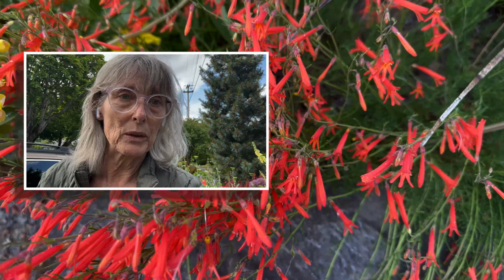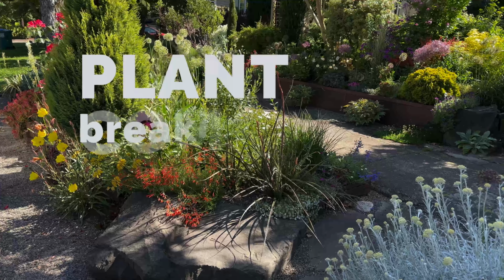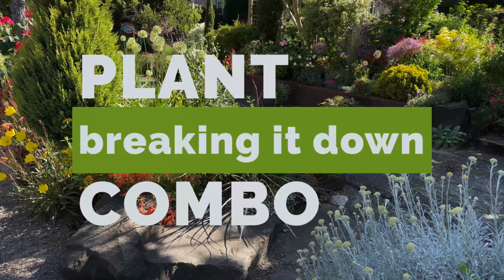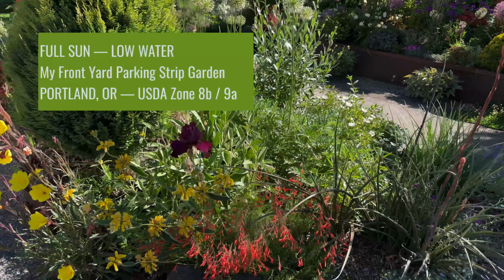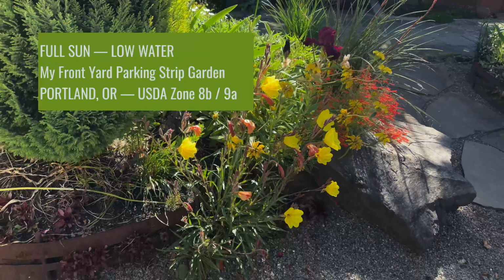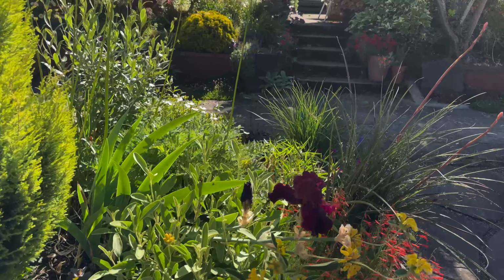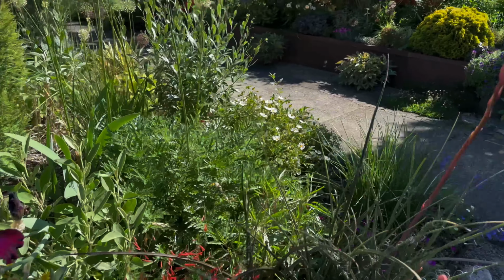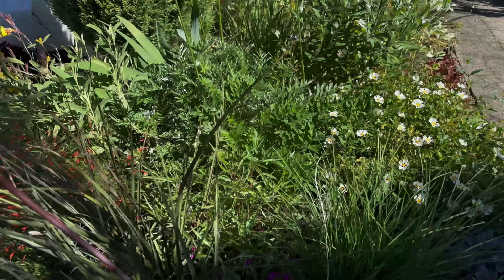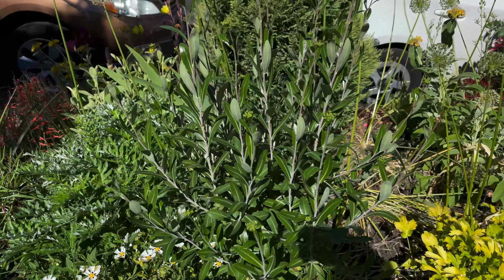We're going to go in and look at this garden scene here, and identify each of the plants. This plant combination is in full sun. It's quite drought tolerant and is in my front parking strip, and it gets pretty much full sun and some supplemental water, but not very much. I'm in USDA zone 8B, fringing on 9A, and I'm going to take you through this plant combination, identify the key players by name, and put those plant names up on the screen. I'm really just focusing on this one corner to keep it manageable